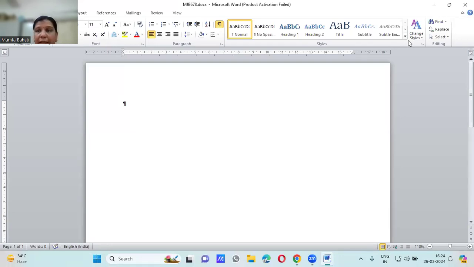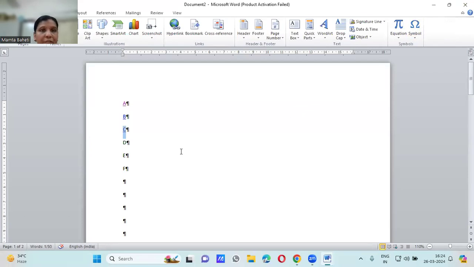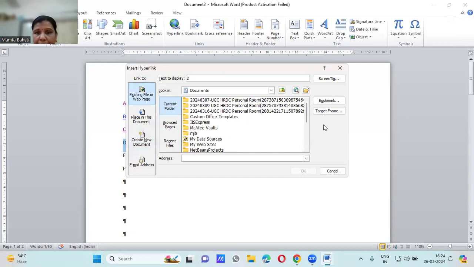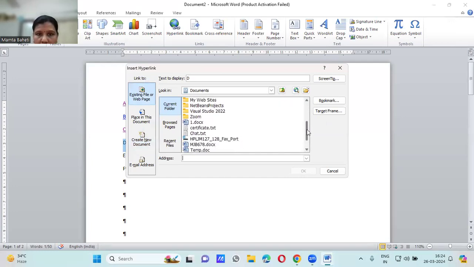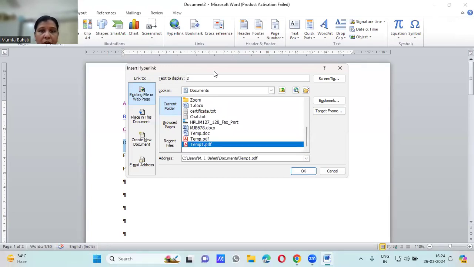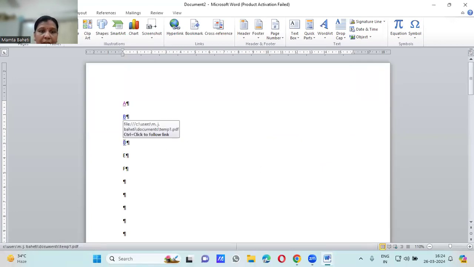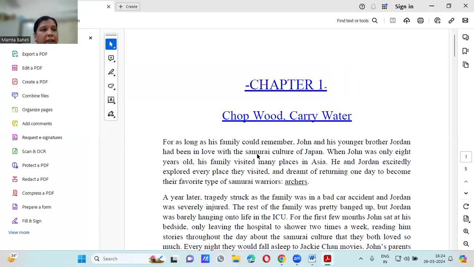created. So likewise, if you want to have certain demonstrations like that, where you want to show some things on a new document, so there you can have the hyperlink like this. Okay. Now, one more thing, hyperlink on existing file or web page. Okay, we have this temp1.pdf. So on the click of D option, my temp1.pdf should be visible. Okay. So I'm clicking on this, and when I click on control and click on yes, see that particular temp1.pdf